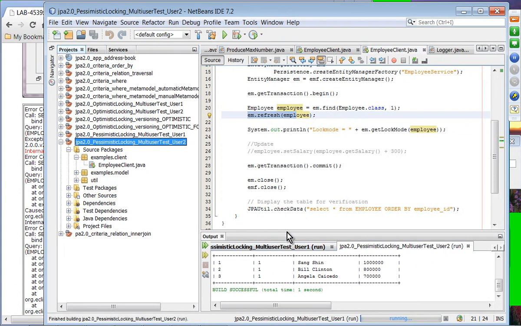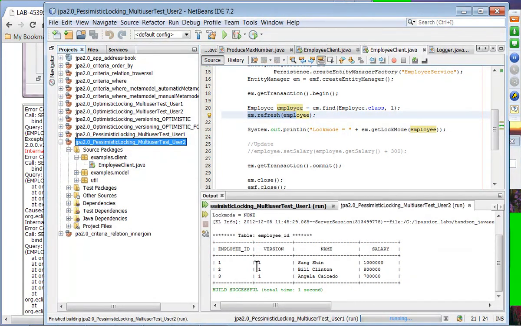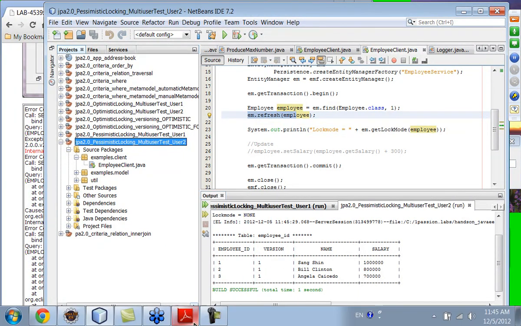All right, so the second user can read the data fine because this is a read operation. But if you try to write something, then the lock is required, and it will time out because it couldn't get the lock. Okay. All right. So that's pretty much what I have. Let me just make sure the